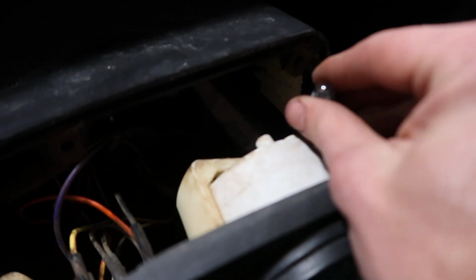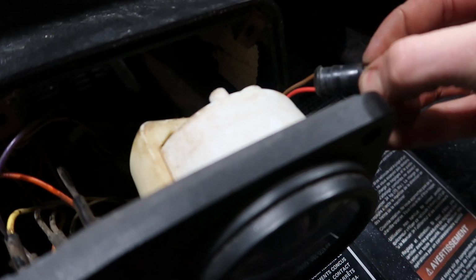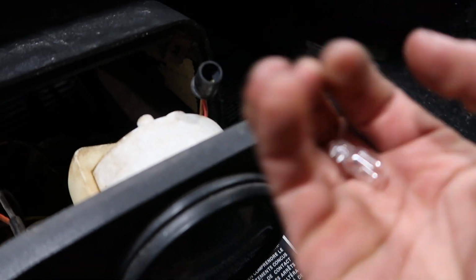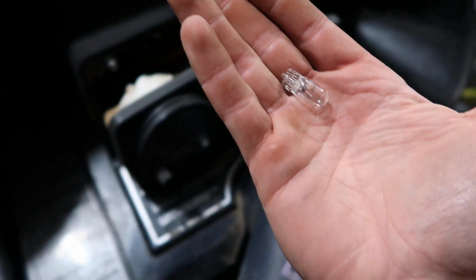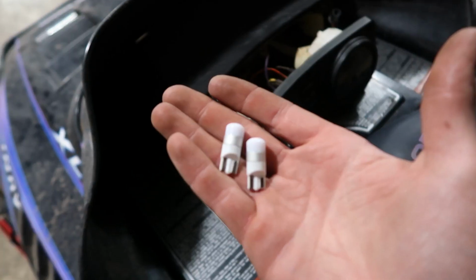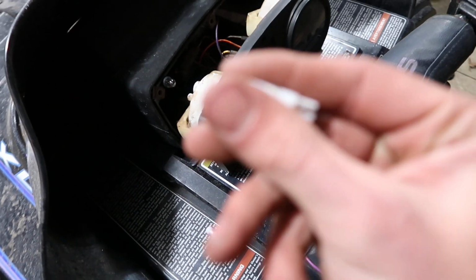They just slide out like that. And then what you're going to want to do, it's kind of hard with one hand, just pull it out. So there's what the old one looked like. And let me go get the new one. So here are our LED ones, as I've shown already. And all you're gonna do